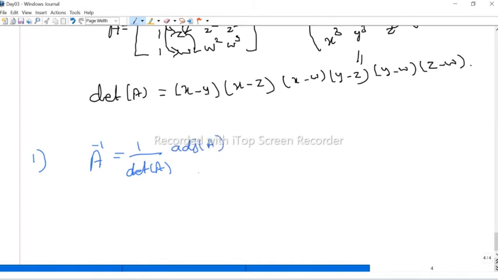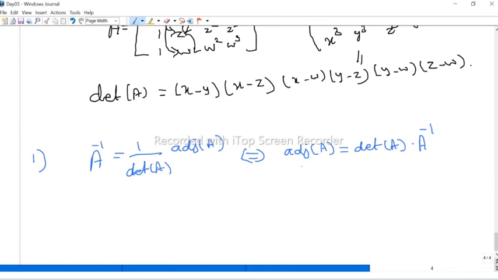Now from this we can take adjoint of A to one side and cross multiply the determinant. Therefore we get adjoint of the matrix A equal to determinant of the matrix into A inverse. So this is the relation we will get, just by cross multiplying the determinant. Now this is the adjoint of A.